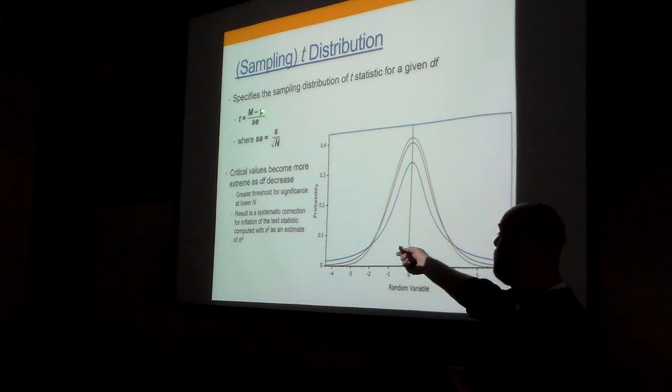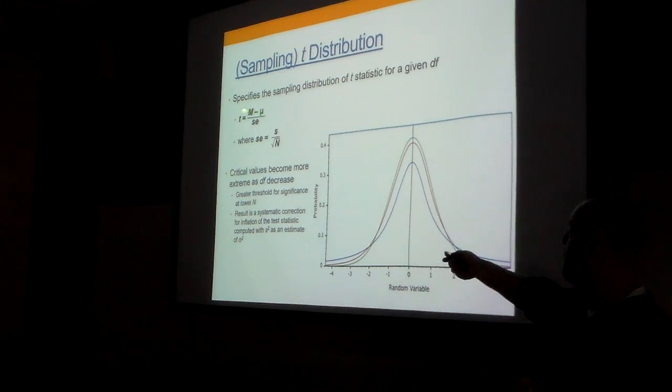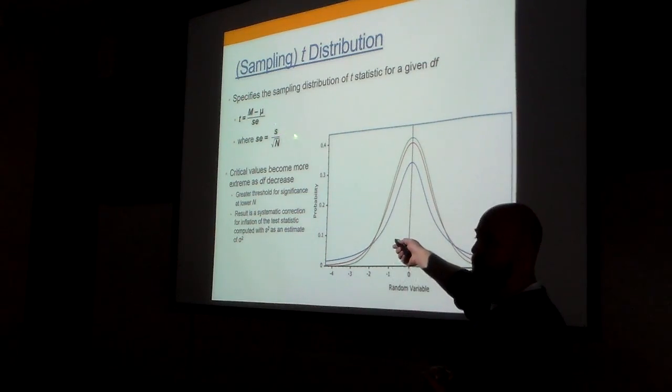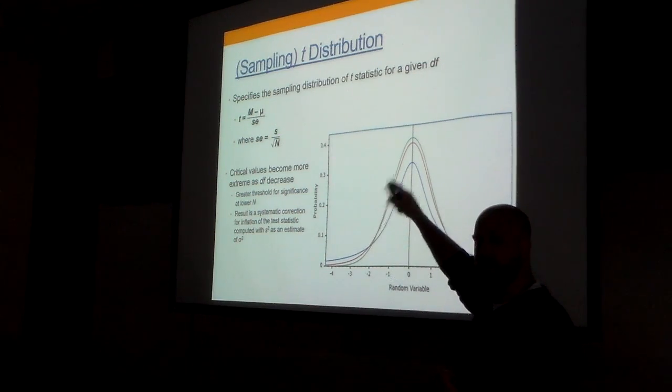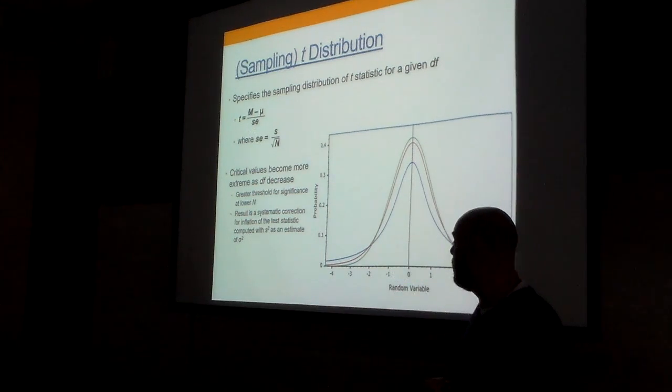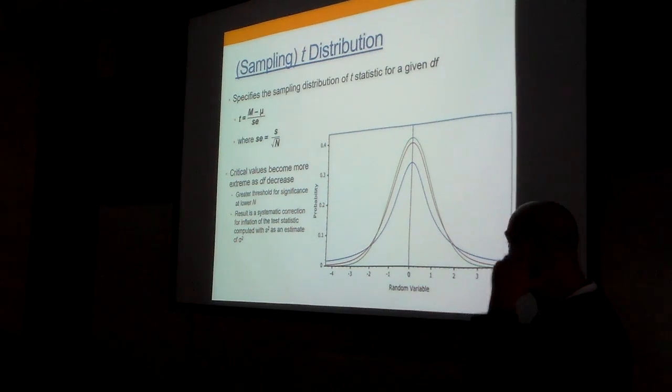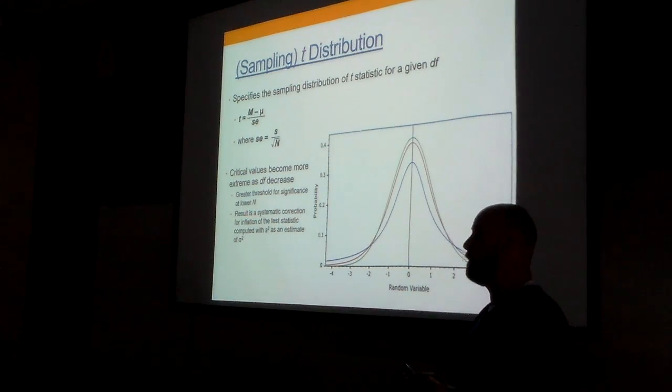Basically we have our sample mean minus our population mean over the standard error. Standard error is just our sample standard deviation over the square root of the sample size, so it's just an algebraic thing. But what ends up happening is, as our degrees of freedom decrease, and our degrees of freedom are based on our sample size,